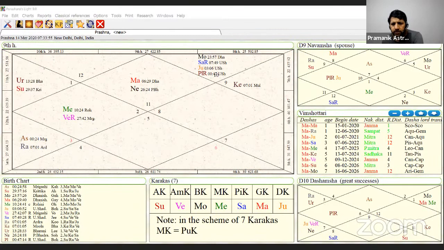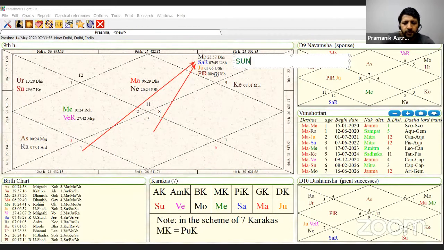Rishi Revant: 6th and 7th lord in the 12th house for Aquarius. The 6th lord is Moon, the 7th lord is Sun. Interesting. Okay. So when you have Sun Moon conjunction here,